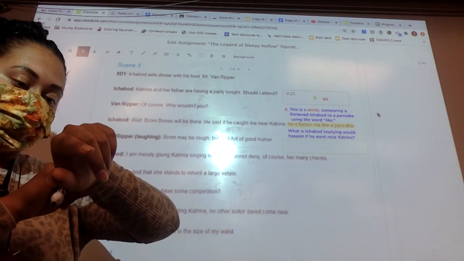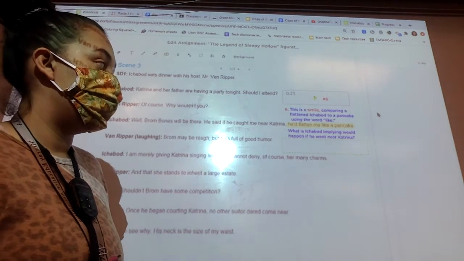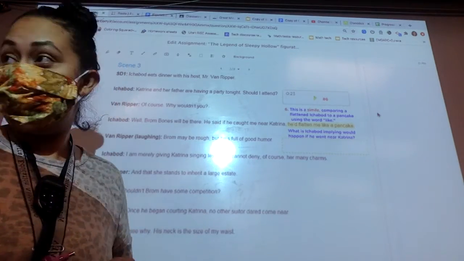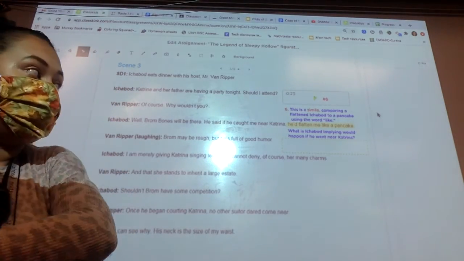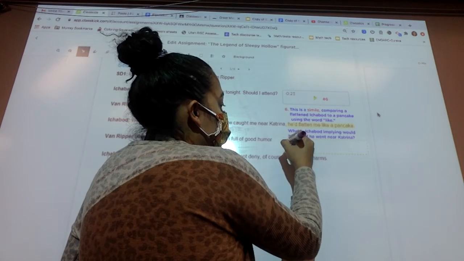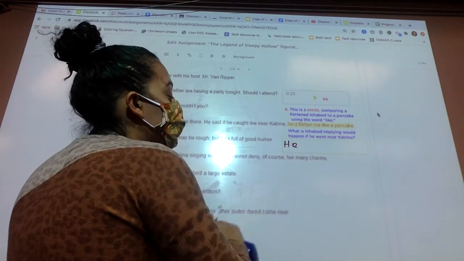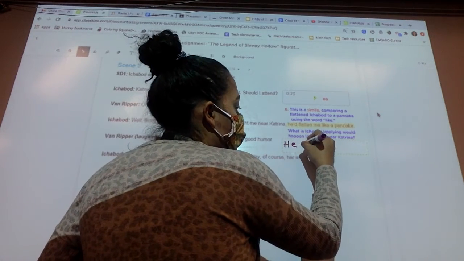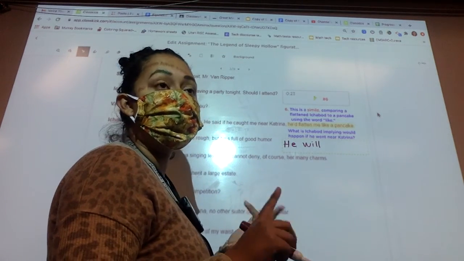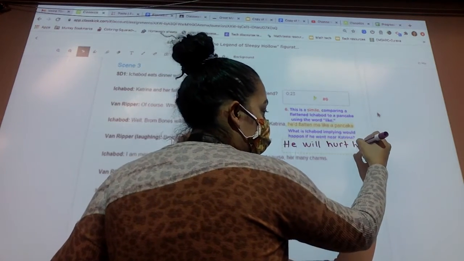He flattened his pancake so that it could be small. Noah, raise your hand. No, he doesn't have a pancake. Brom Bones hates Ichabod. What is he implying? You break his ankles, like his bones. He's threatening him, right? You can say he will beat up. He is threatening. He will damage him. He will hurt him. Period.